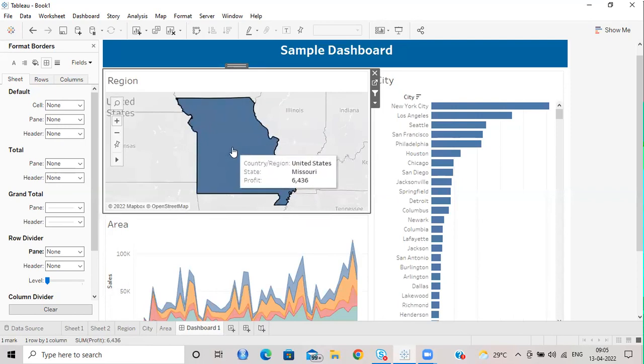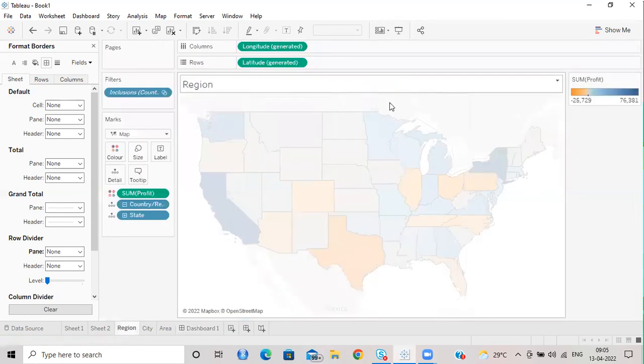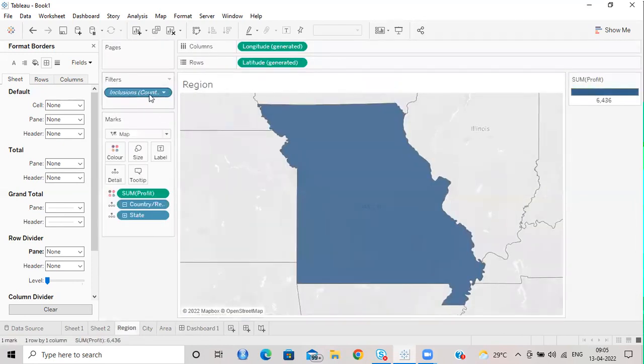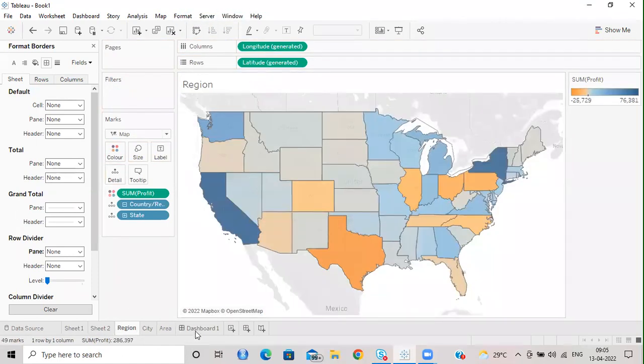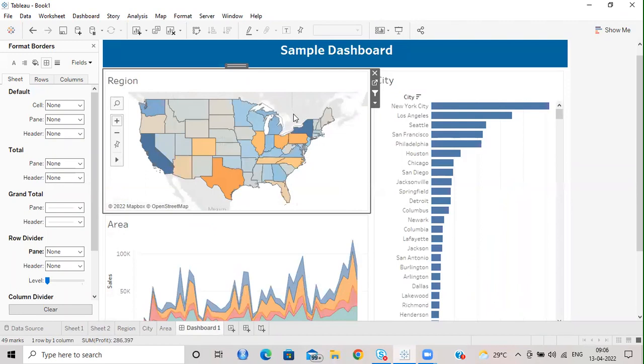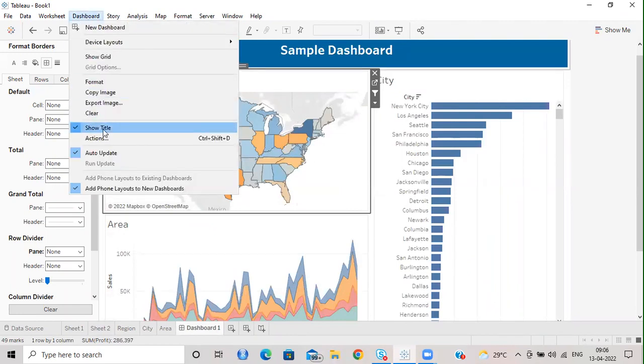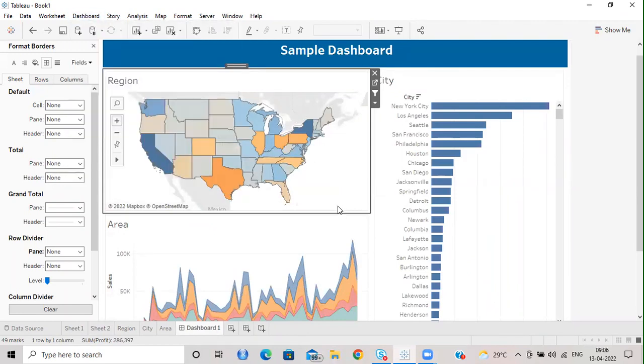I just accidentally clicked on that keep only. So what I will do here is, if I go to this, you see that that thing has happened. So I'll just remove this from the region. So I'll go to the everything. Okay, now what would have happened here is, if I go to dashboard and actions,